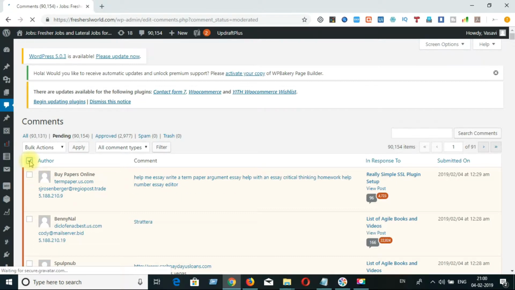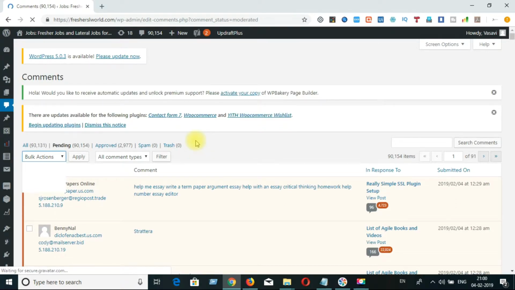I think it is still loading, that's why it didn't check all the comments. We will wait for some time. Yes, it is going to display 999 comments in a single page. The loading is taking some more time.